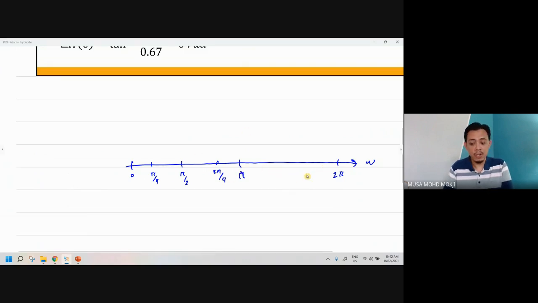Do we need to compute this part? We don't need to compute this part, because this is a conjugate pair. What is a conjugate pair? The real part is the same, and the imaginary part changes sign. So if you have something here, those two are conjugate. We cannot say equal. It is a conjugate pair, so we don't have to compute it.